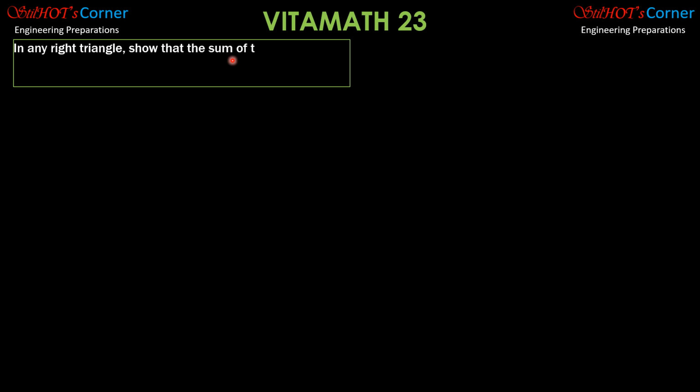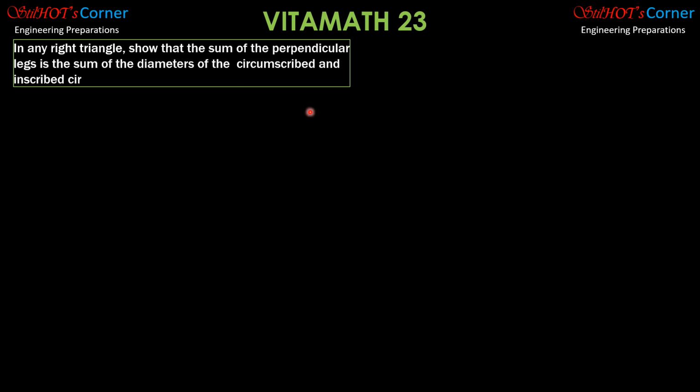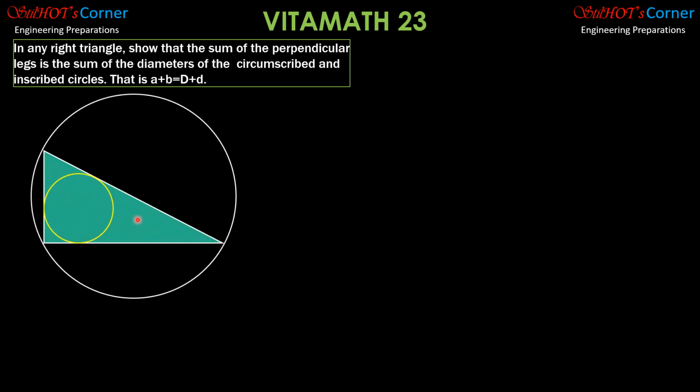So to formalize the problem, here is the problem statement. This is supposedly in my playlist Vitamath 23, but this is in advance. In any right triangle, show that the sum of the perpendicular legs is the sum of the diameters of the circumscribed and inscribed circles. That is, a plus b equals capital D plus small d. So this is the figure, and from trigonometry,